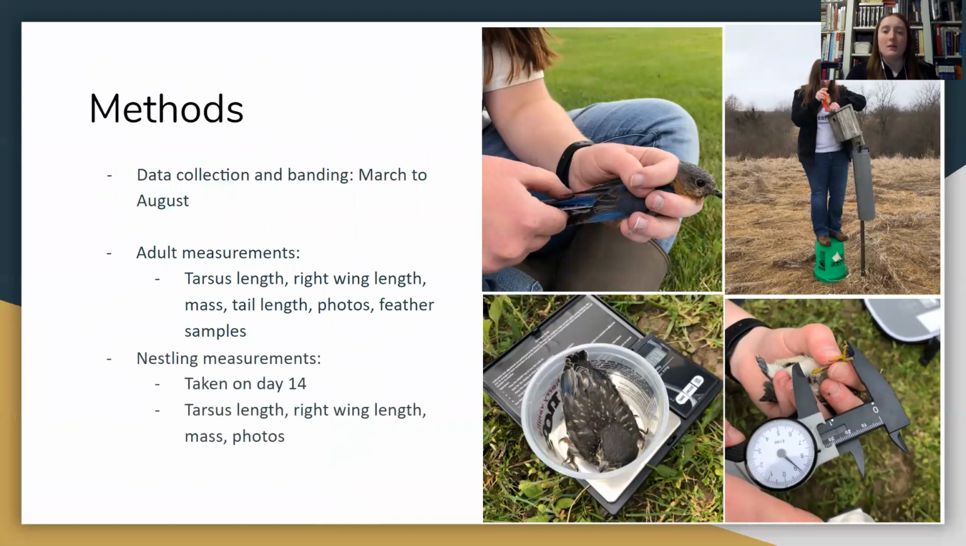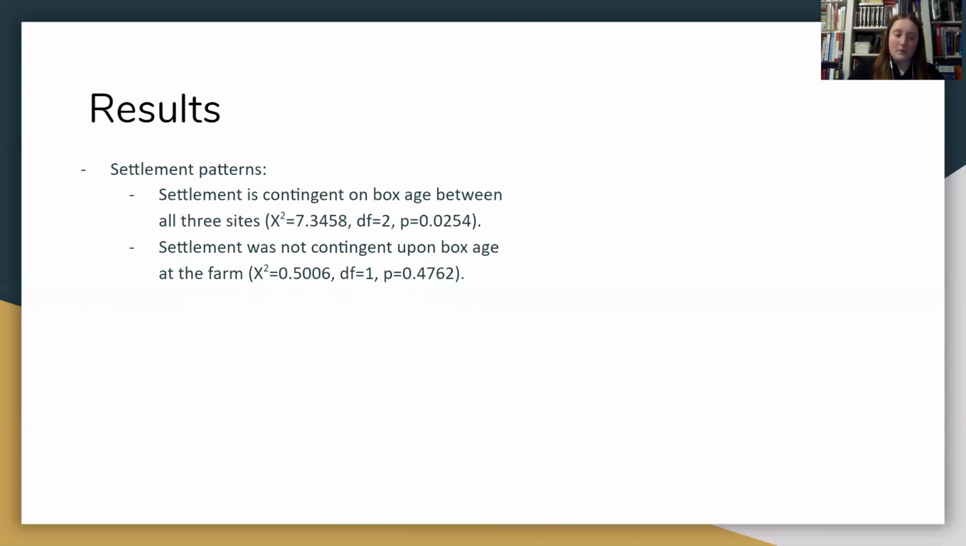Nestlings were captured and banded once they were 14 days old, and measurements were taken of their tarsus length, right wing length, and mass, and photo samples were taken from them as well. So in order to determine if there was a significant difference in settlement between new and old boxes, we ran